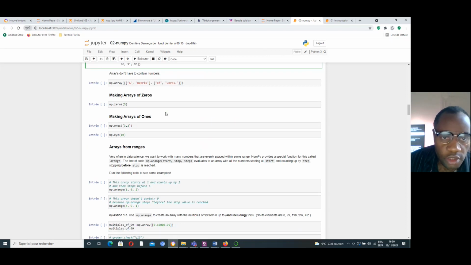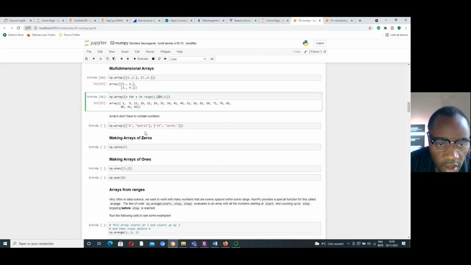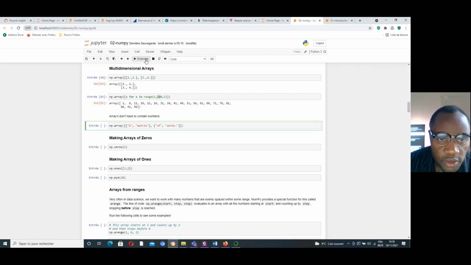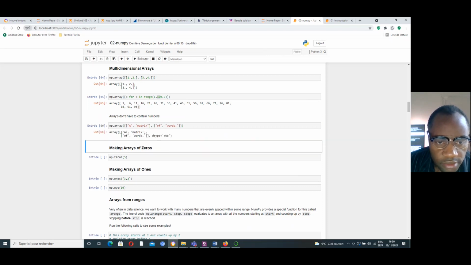Okay, let's go ahead. I just execute like that, and I got a matrix with 2 components, and each component has 2 strings.